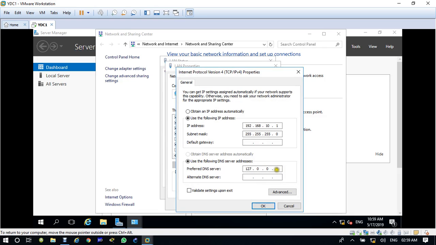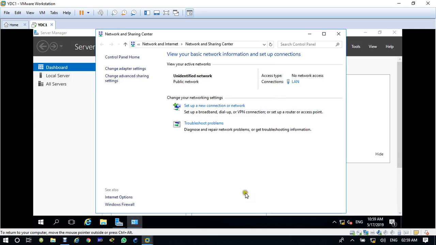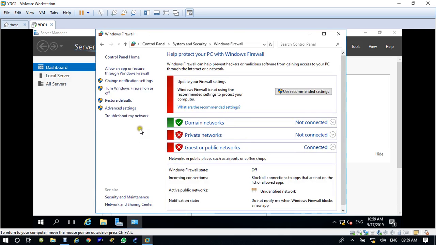Now you have seen that the IP has been changed, right? So now we have to remove it and give the IP address of the server, 10.1, as the DNS server. Click again on firewall. Now the domain firewall, you turn it off.